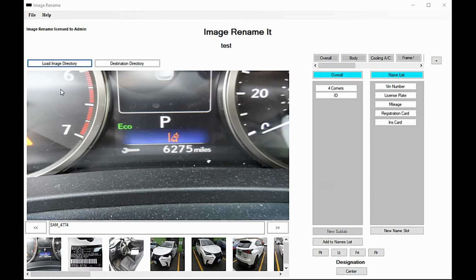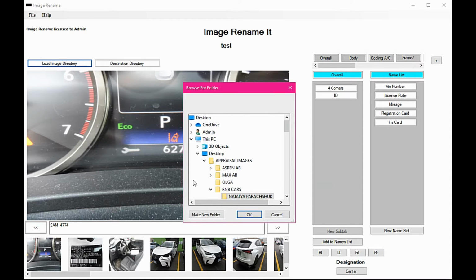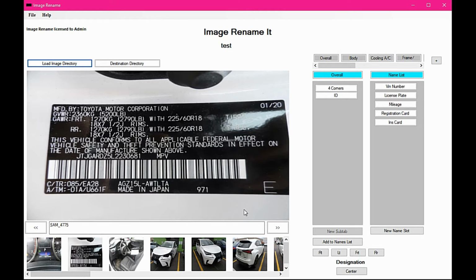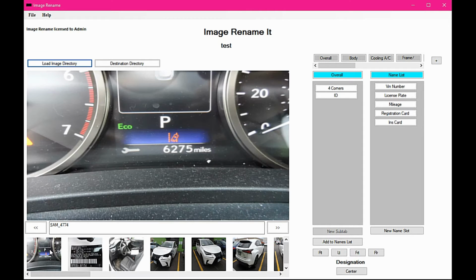You load your image directory by using this button here. You navigate on your hard drive, your computer, or your camera if it's connected through USB or whatever, to whatever folder it is that you want to get into. It will load those images in that folder. Then you come up and of course you select whichever heading up above, and in this case we want ID,